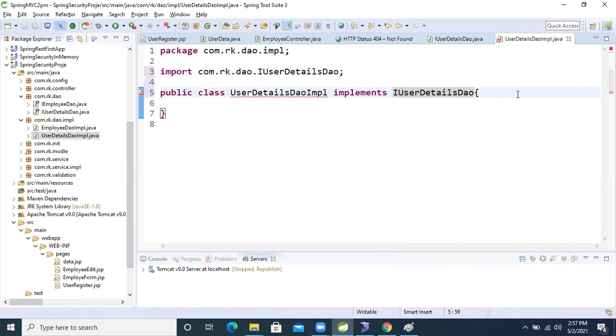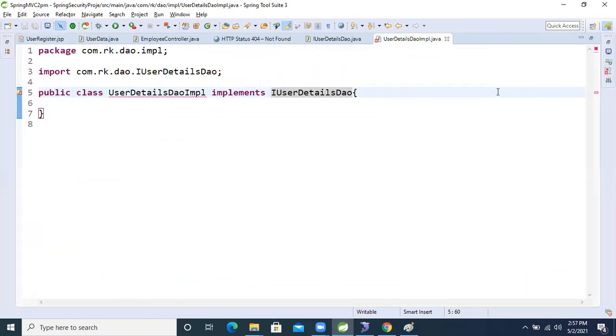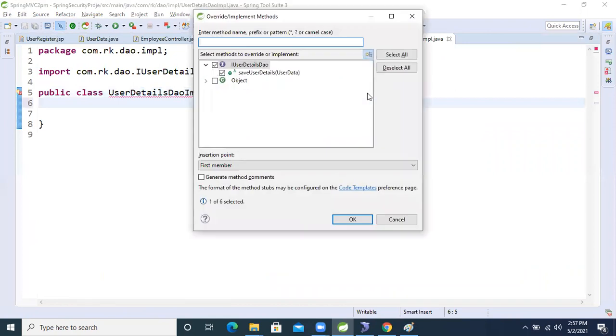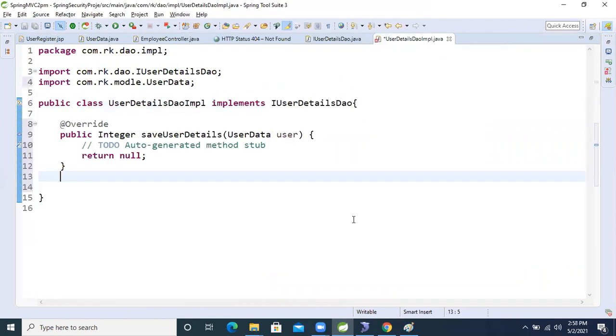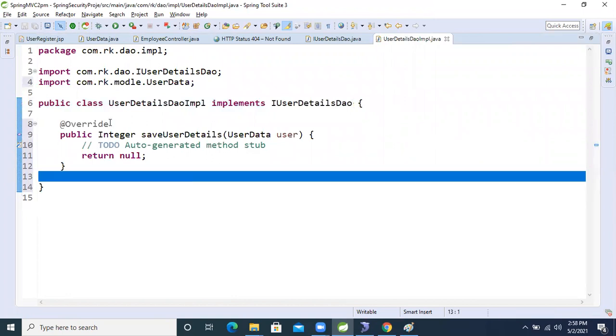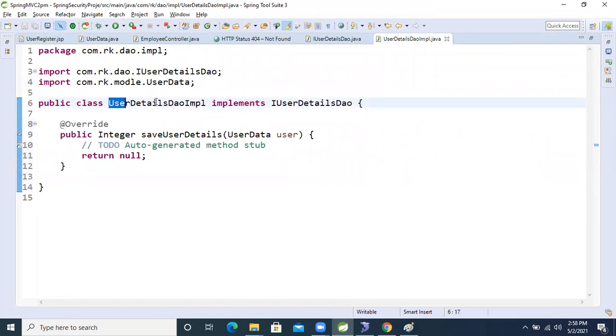In this interface, one abstract method is there. I'll press Shift+Ctrl+B, and we will override that abstract method to store the data in the database. But I don't want to create this implementation class object. Who will create it? Our IOC container.